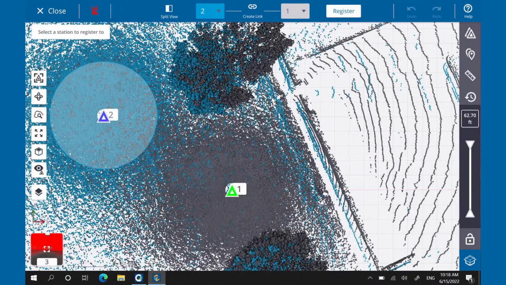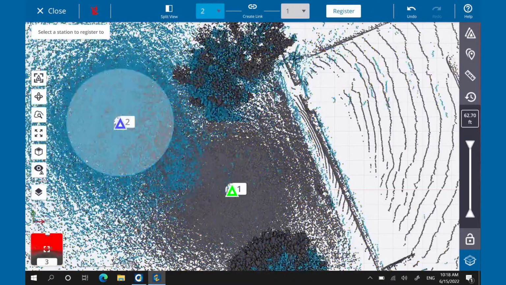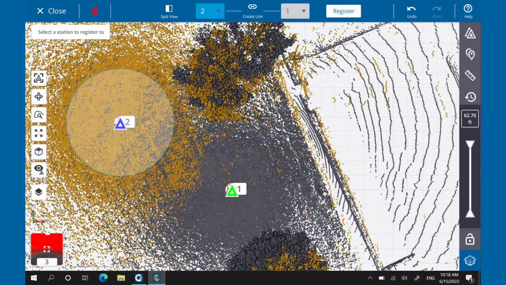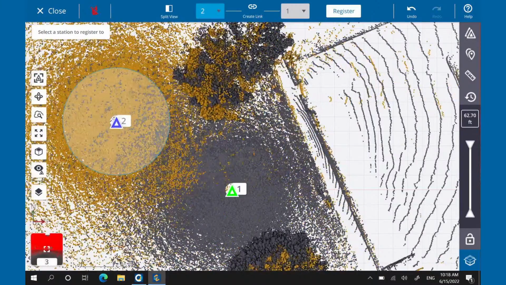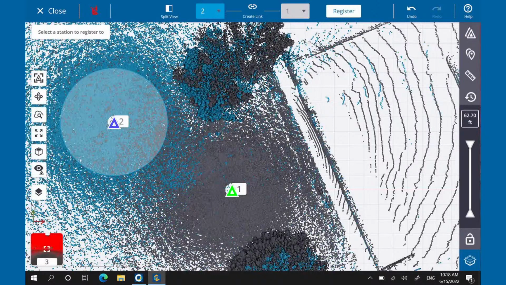Now there's two ways to go about registering this. One way is to pan and slide. So right now what I'm doing is I'm tapping my finger, pressing and holding on station 2, and I'm moving it around. Now this tends to work really well on interior scenes, but not real well on outdoor scenes, where Z value may be an issue. So up on the top left, there's a button here called Split View. And if I tap on Split View,